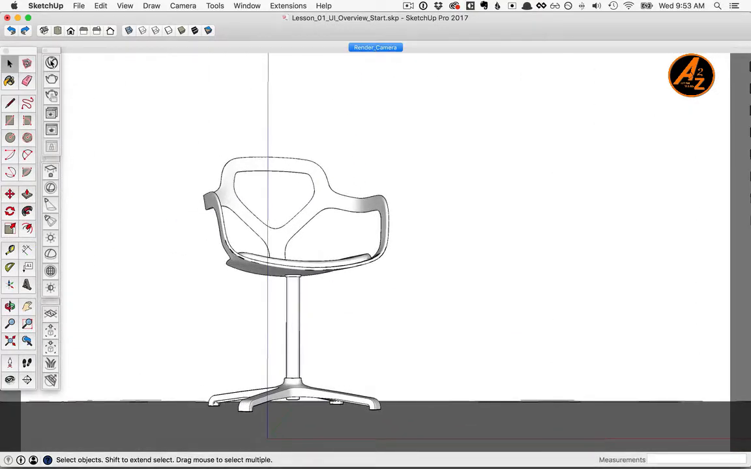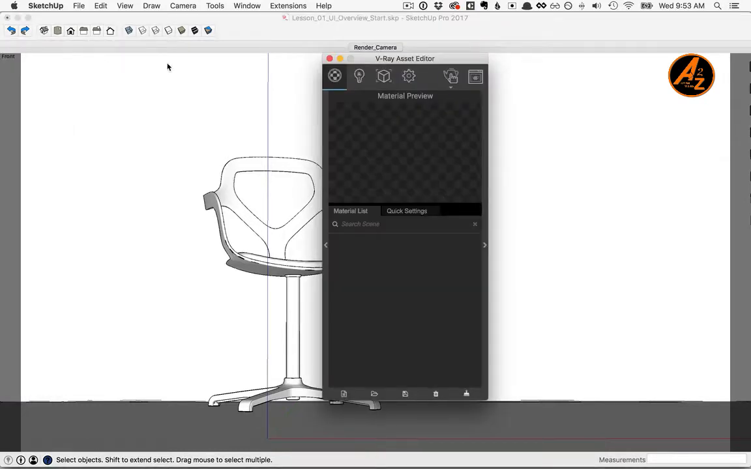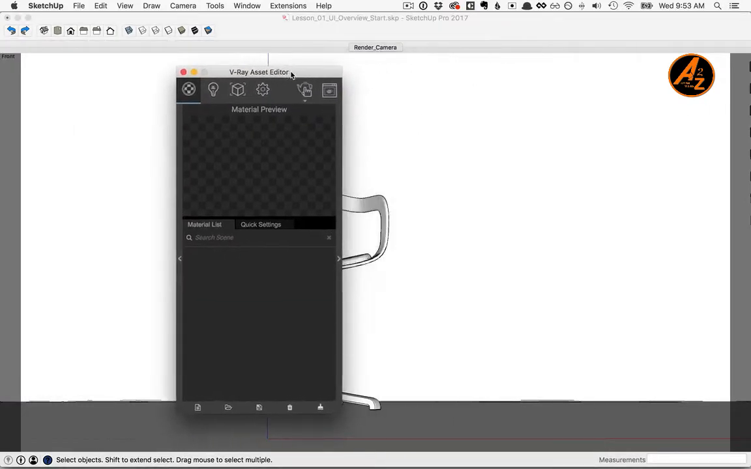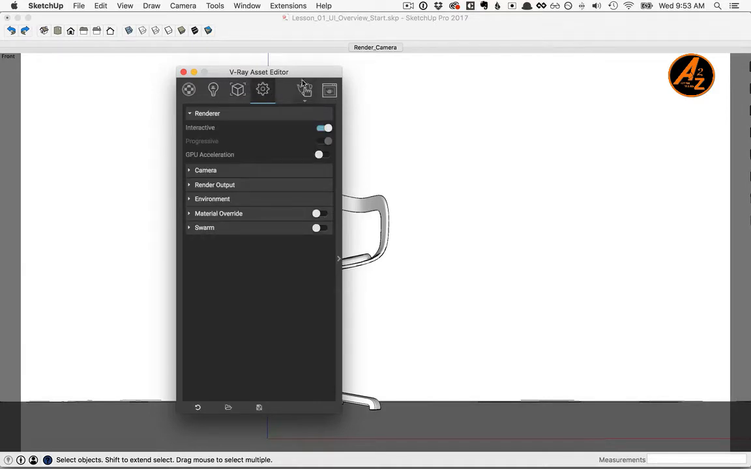Next, click on this icon here to open the Vray Asset Editor. The Asset Editor is going to be used quite a bit during the training. It has 4 tabs across the top left here. One is for materials, another for lights, another for geometry, and this gear icon here for settings. There's also a button here for rendering, and another one here for turning on and off the Vray frame buffer. We'll get into all of these things soon, but for right now, click on the gear icon, and we want